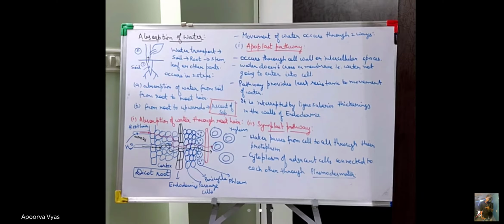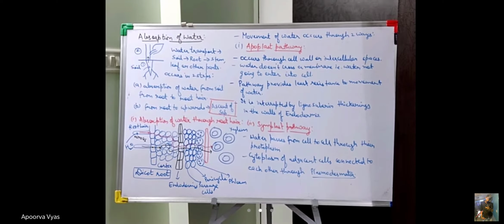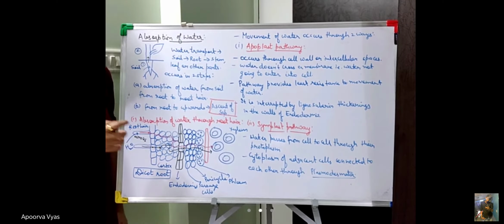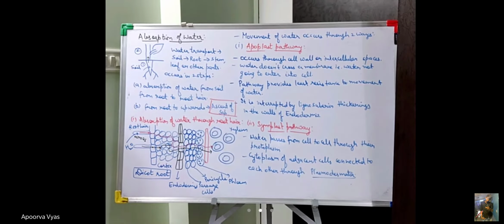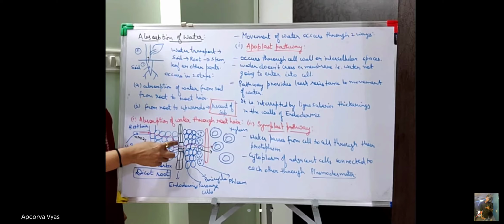So what is this apoplast pathway? Apoplast pathway means the water movement will occur through cell wall or the intercellular spaces. ठीक है, मतलब कि जैसे रूट हेयर से जब वाटर एंटर किया तो इट विल पास थ्रू द एपिडर्मिस, बट ये कॉर्टिकल सेल या किसी भी सेल के साइटोप्लाज्म में इट वोंट एंटर. It will only and only pass through the cell wall, and as you know cortical cells जो होते हैं they are parenchymatous cells, so they have abundant amount of intercellular spaces between them. ठीक है, so that water is going to pass through those intercellular spaces.